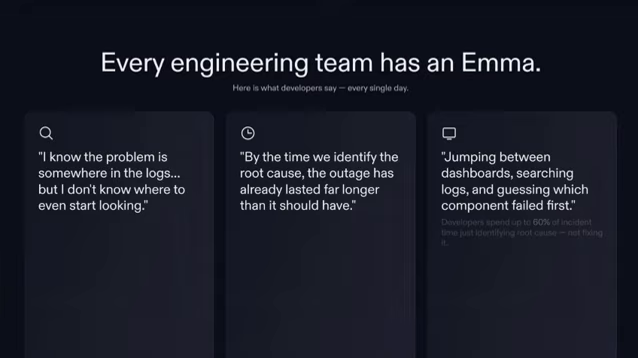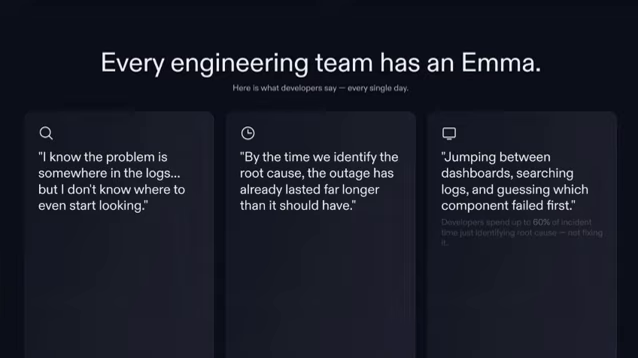Modern applications are no longer simple systems. They are built with dozens of microservices, APIs, databases, and cloud components all interacting with each other. Every action inside these systems generates logs. A single application can produce millions of log entries every day. So when something fails, engineers like Emma are forced to dig through massive log files just to understand where the